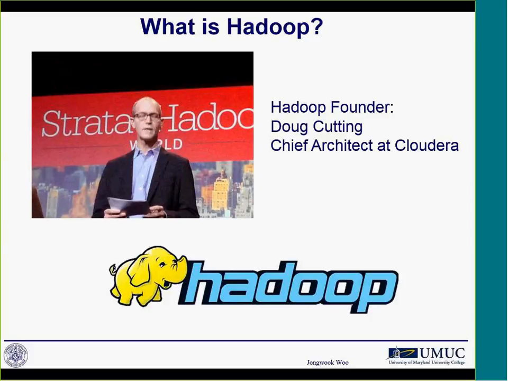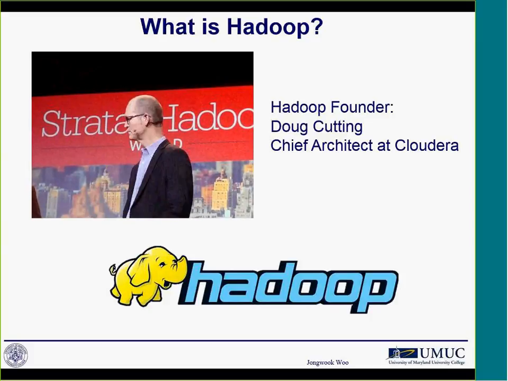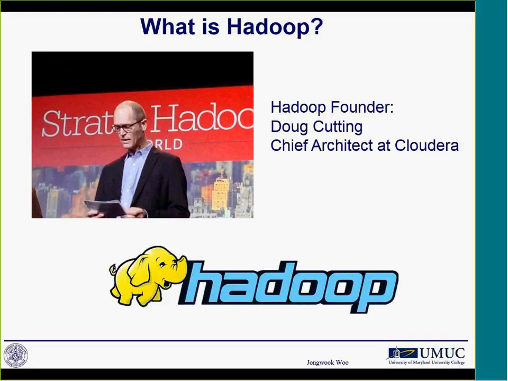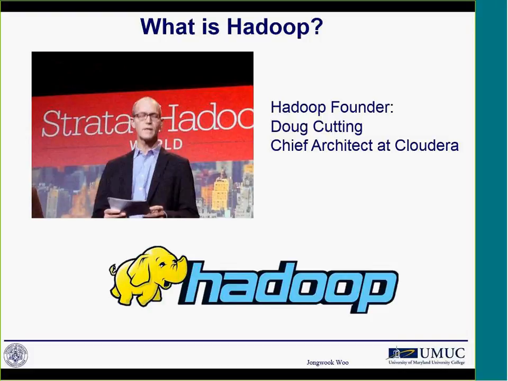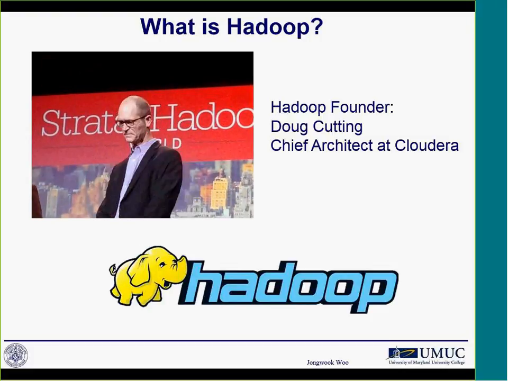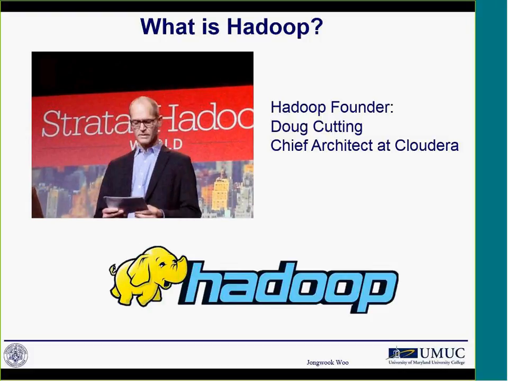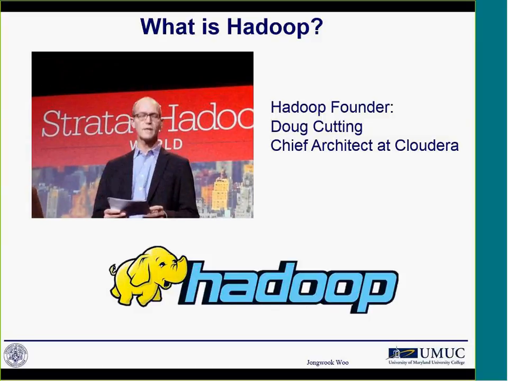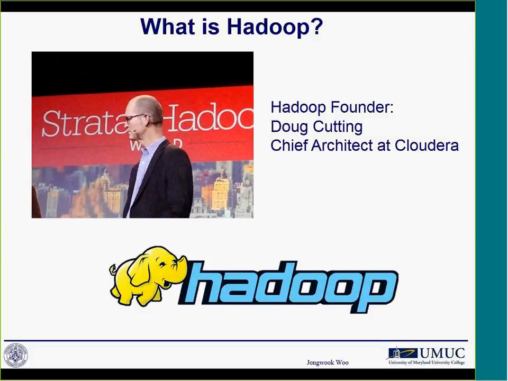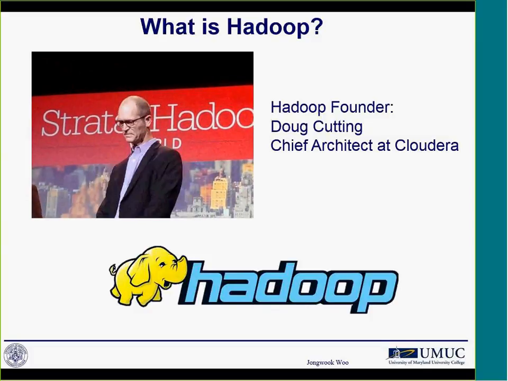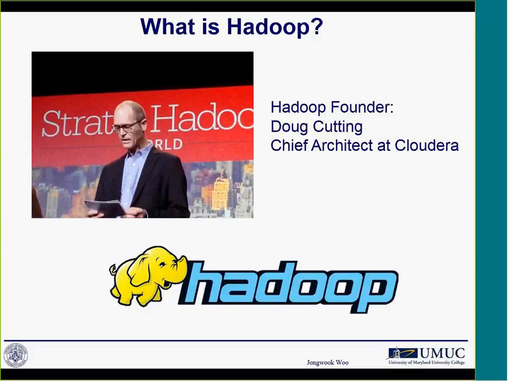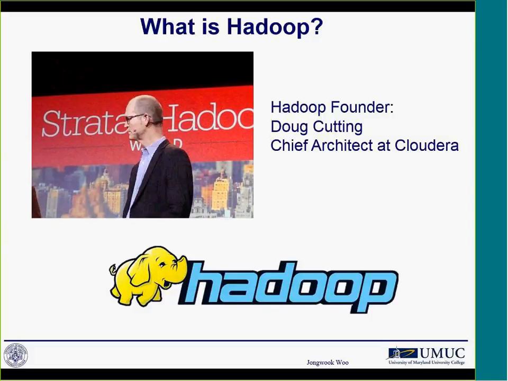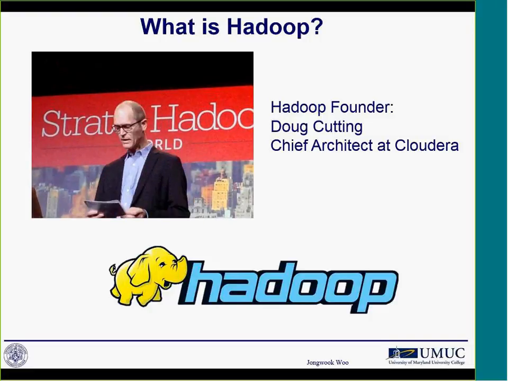Motivated by those papers by Google, the Apache open source community, especially one of the Apache committers named Doug Cutting, who was involved in many projects such as Apache Lucene, which is for search engines, and also Apache Nutch, which is for website search engines,